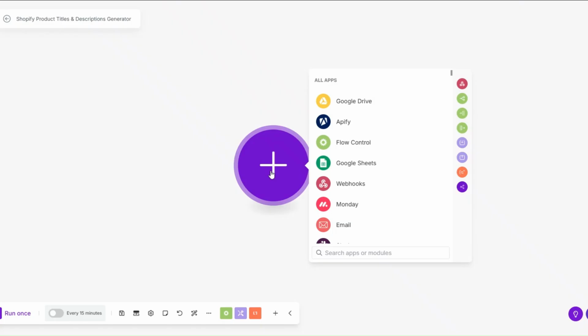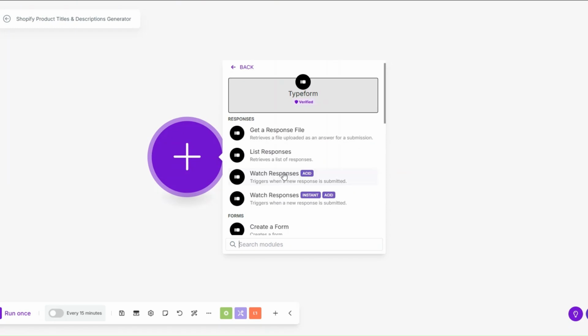Since we are using Typeform, I'm going to search for Typeform. I'm going to choose a watch response trigger. Here you can see we have two watch responses triggers, one with ID, the other one with instant and ID. But the difference between the two is that the one with ID only, you need to choose when you'd like to trigger the module. But the one with instant, it instantly triggers after the form is submitted. Since I like to choose when I would like to trigger our module, I'm going to choose the one with